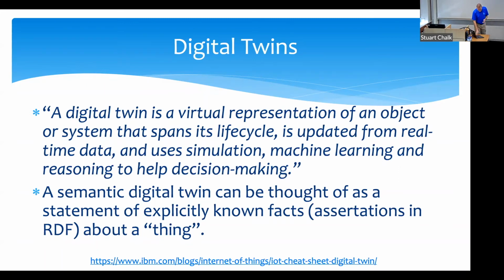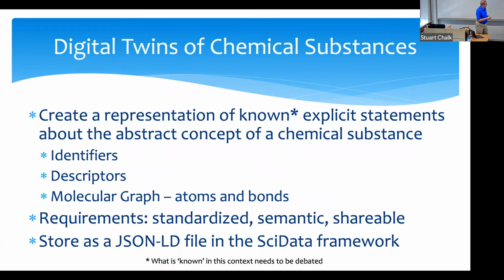In this case, what we've decided to do is to put in information about identifiers that we know about, and that's IUPAC systematic name, ACS systematic name, but also things like InChIs and InChI keys and SMILES strings and stuff like that. Then descriptors about that chemical substance. The descriptors are general things like number of atoms of a particular element, number of heavy atoms, or something a bit more sophisticated like a Tanimoto fingerprint or something like that.